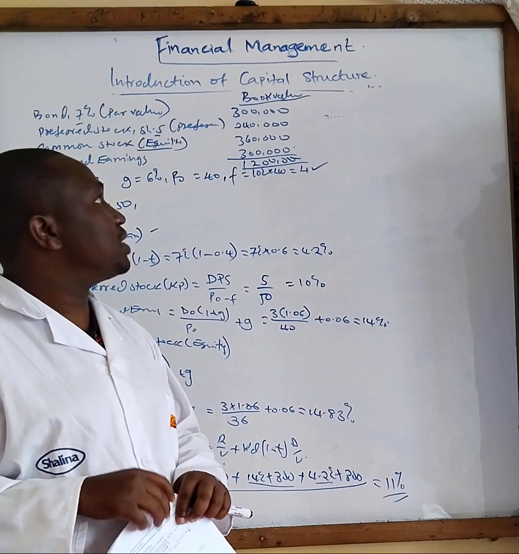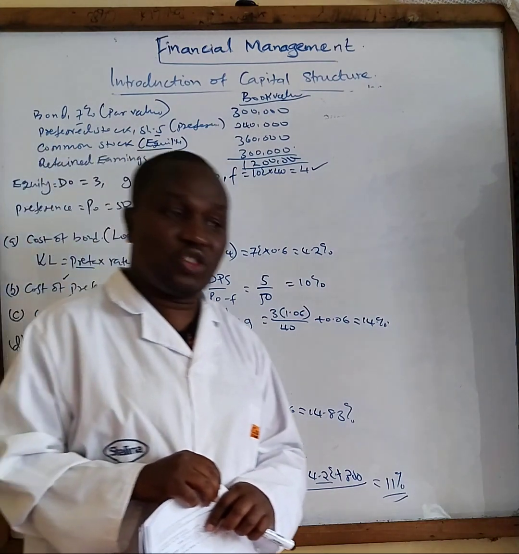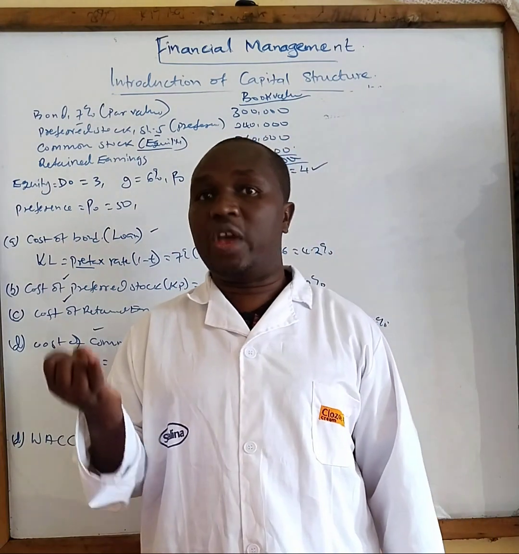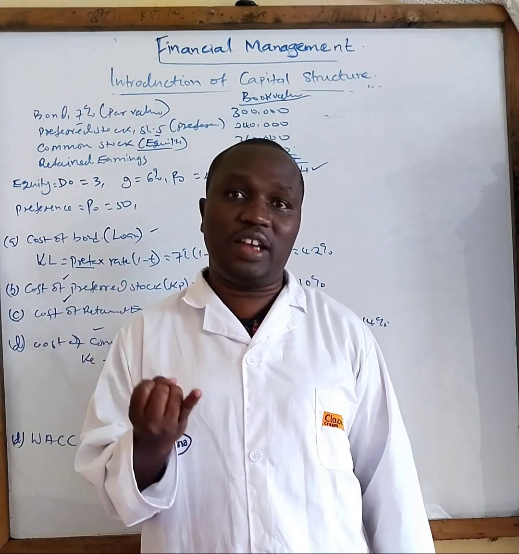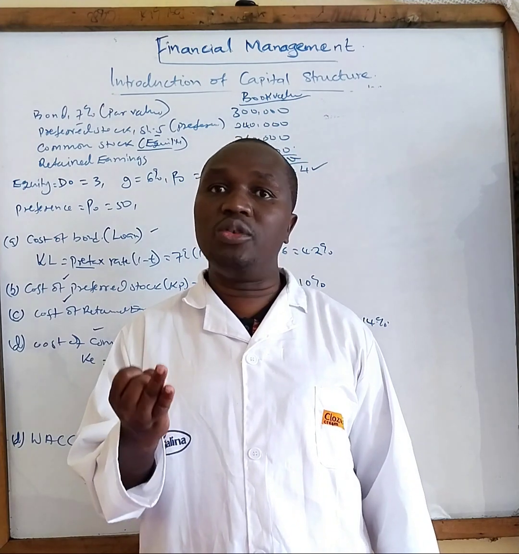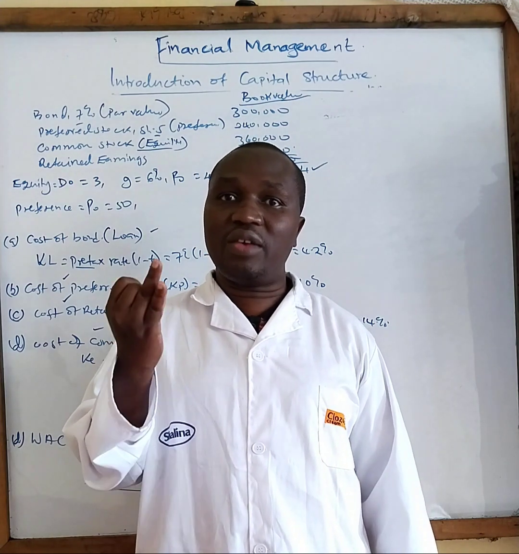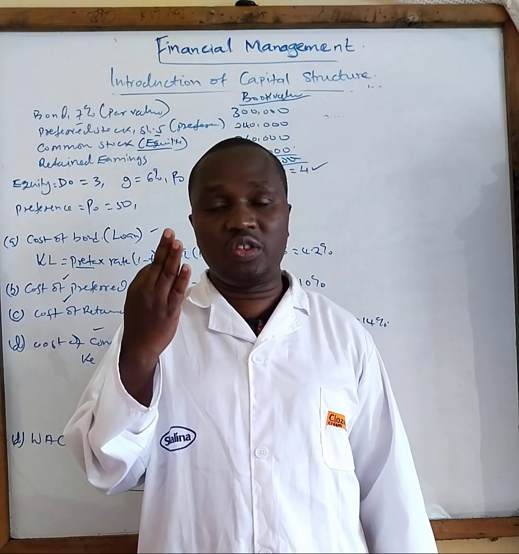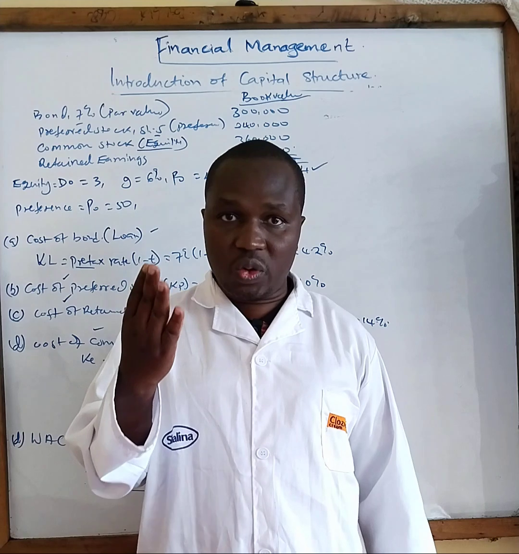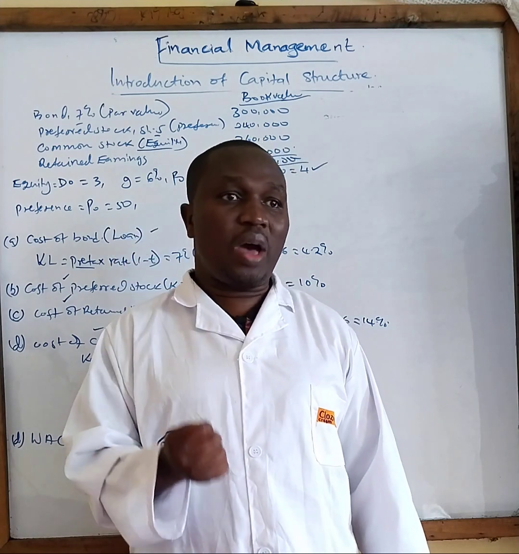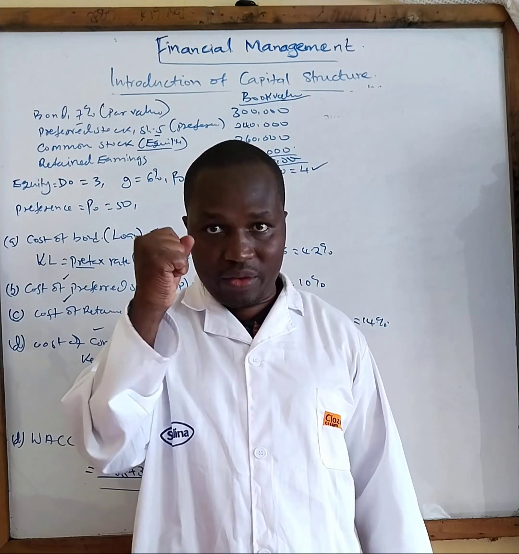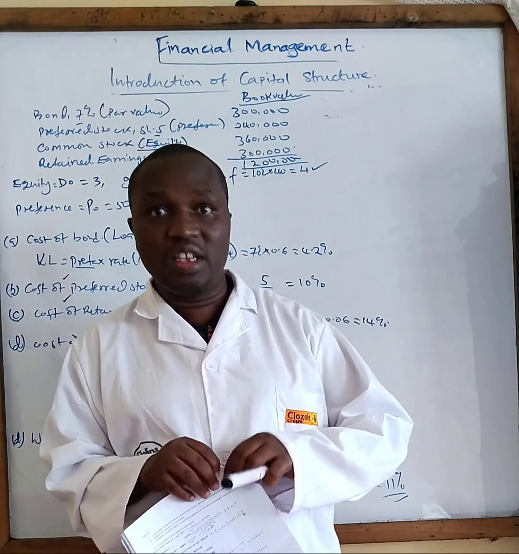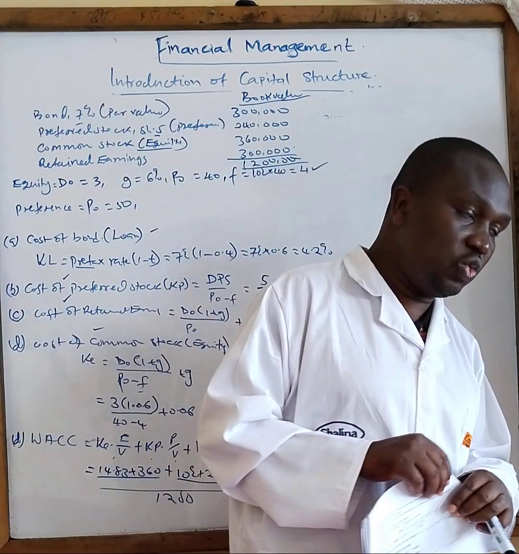So that marks the end of today's lesson. By the end of the lesson, we were supposed to achieve: 1, to explain the meaning of the word capital structure; 2, to know the factors affecting capital structure; then to explain the cost of capital, the components of cost of capital, and computation. So I'm very sure that I've now attained my 5 objectives. For that reason, the remaining questions are yours. Do and share with me and I'll be able to guide you.